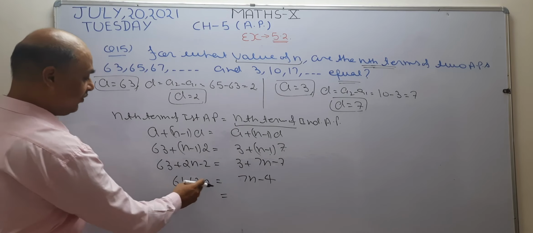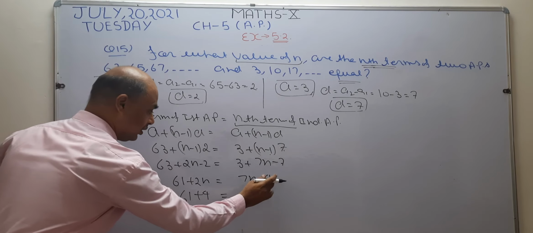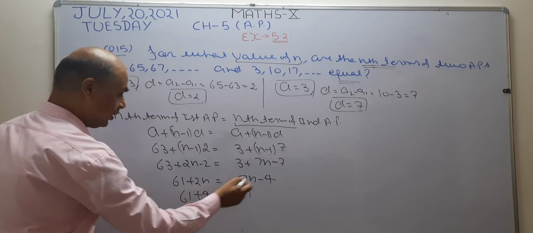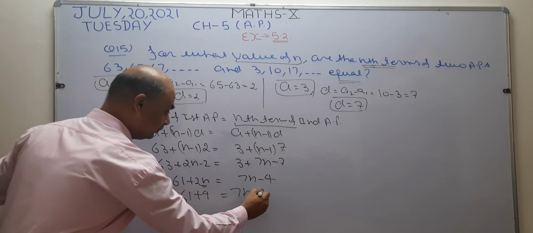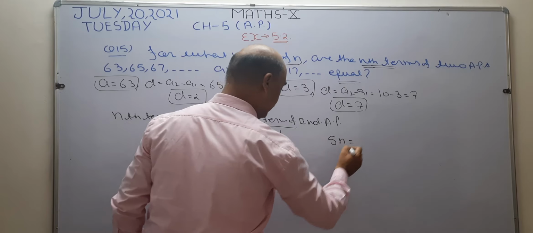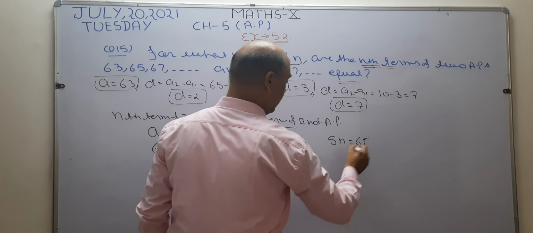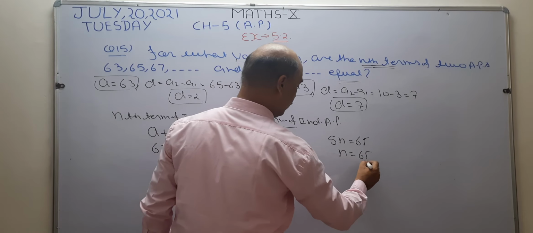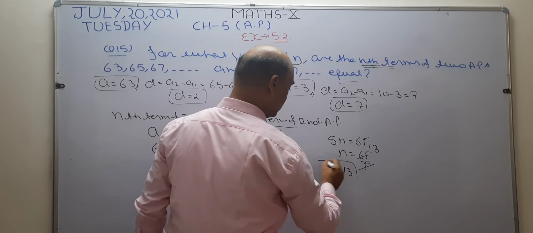Now we take the constant values on one side and the variable terms on the other side. So I want to take this constant value to this side. This negative value becomes positive when it changes sides. 7n remains the same. Now 2n is going to change sign, so this positive number becomes negative. Now 7 minus 2 is 5n. After that, 61 plus 4 is 65. So the value of n becomes 65 upon 5, which is 13. So the value of n is 13.